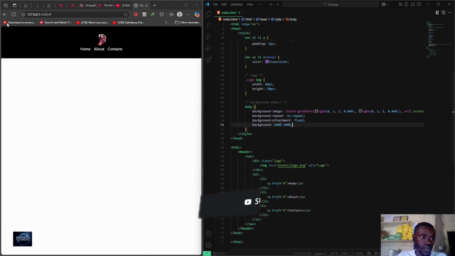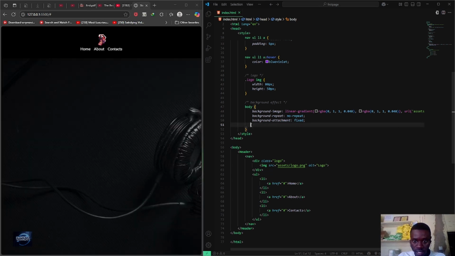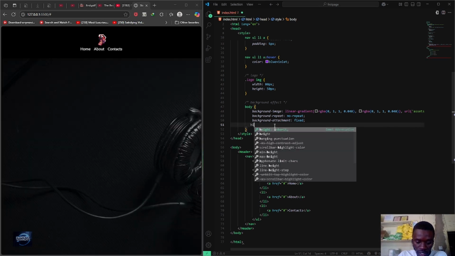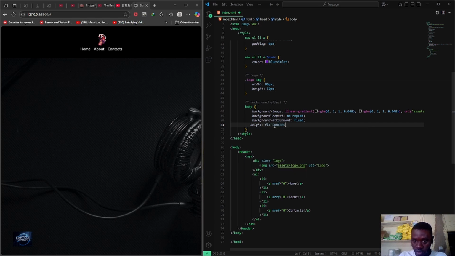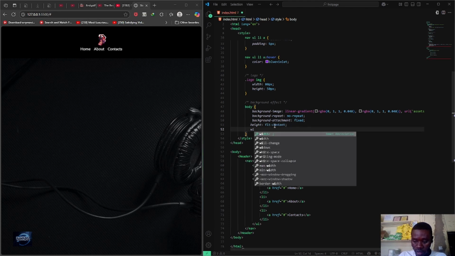Okay, I don't know what's happening. Let's try to remove that. Save. Okay, let's do height. If you set height to fit-content, save. Let's do width, make it